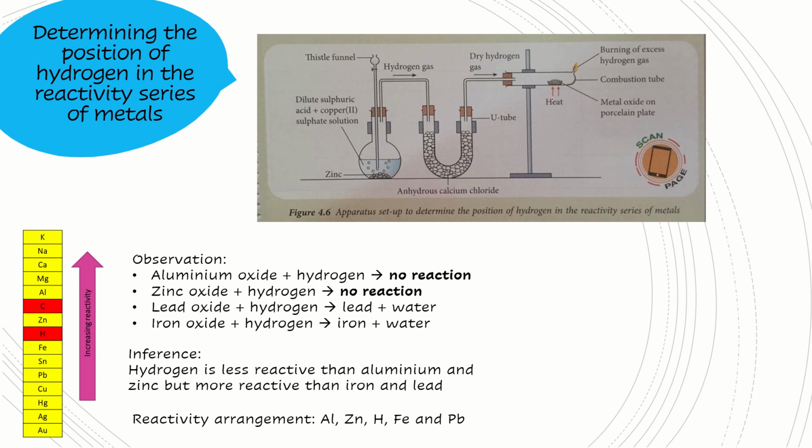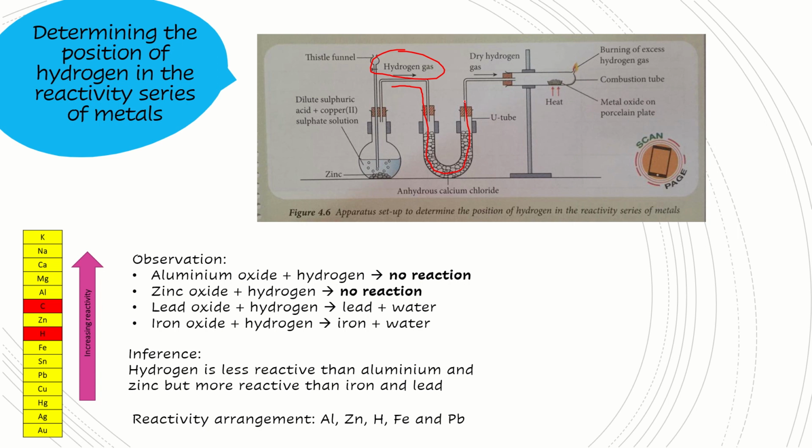Okay, and we heat. So dari mana datangnya gas hidrogen? Okay, gas hidrogen tu datangnya daripada tindak balas di dalam round bottom flask ini. Okay, we have dilute sulfuric acid plus copper(II) sulfate and zinc metal. So the reaction will release hydrogen gas, and the hydrogen gas will flow through the delivery tube and then go to anhydrous calcium chloride